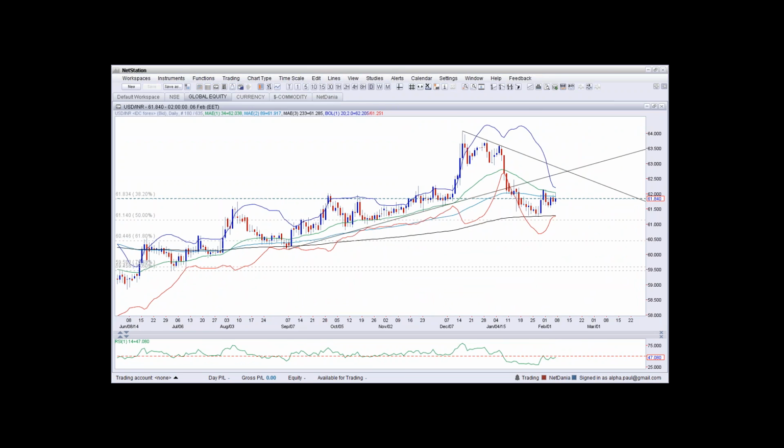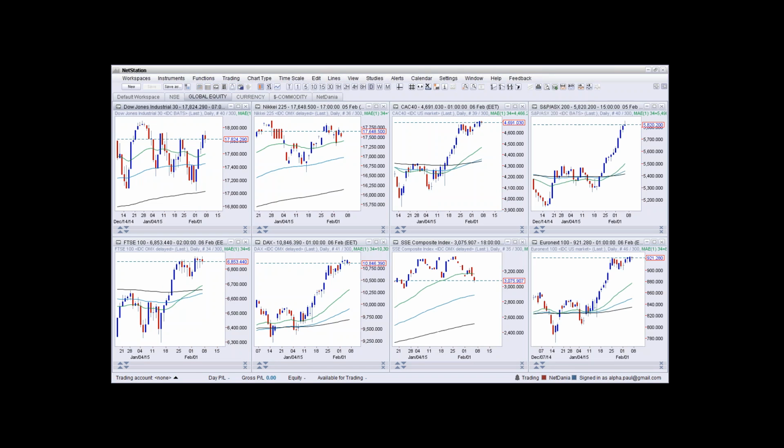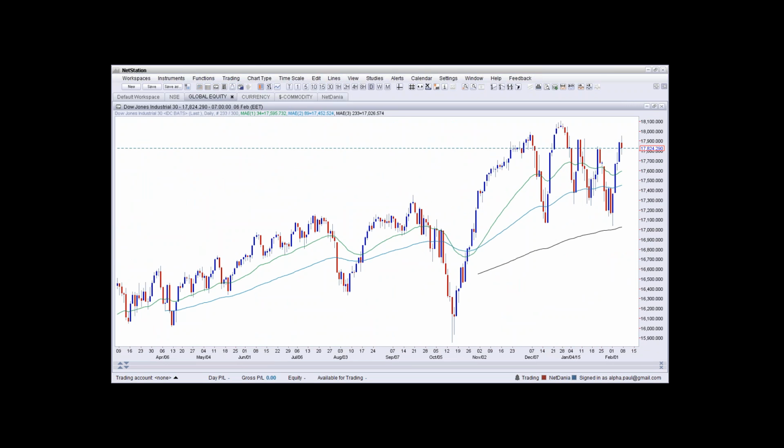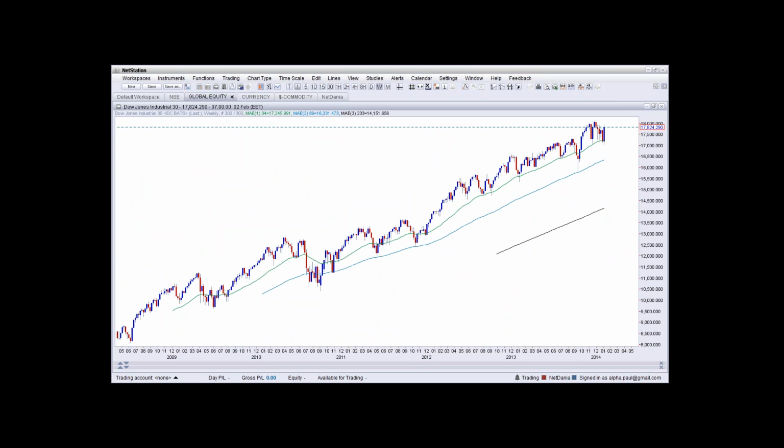The idea of having multiple softwares is to have our focus open not only on Indian markets, but to track and understand how the other markets work out. So this is global equity. I have Dow Jones, FTSE, DAX, Euronext, CAC, Nikkei. So one can actually track the Dow, and that's why I have included the usage of NetDania in our course, so that you actually learn or have hands-on training in a little variety of softwares. So you can play around, you can change the time frame from daily to weekly, and then later on move back to any of these time frames, starting from 1 minute going up to the monthly charts.